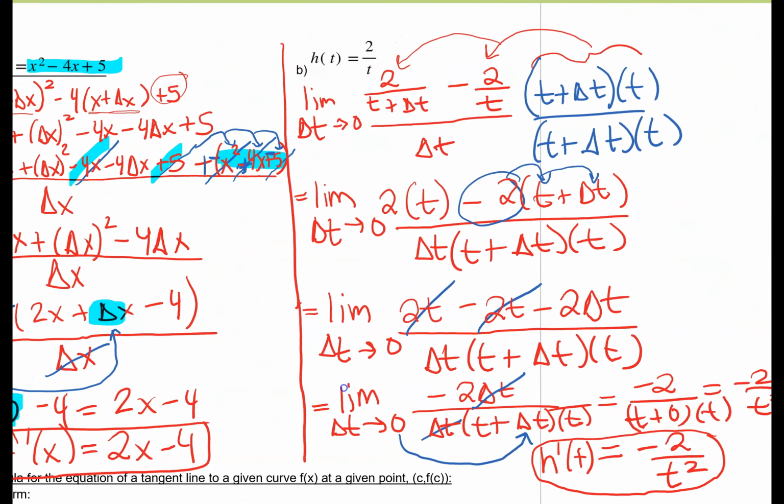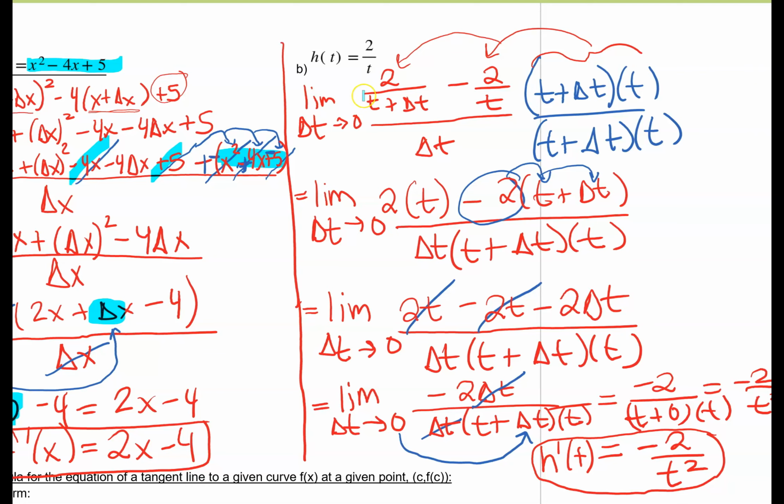For B, for h of t plus delta t, I just plugged t plus delta t into the denominator where the t normally is. But then I had to subtract h of t from h of t plus delta t. So it was one of the ones with a fraction. So I just took each of those denominators in the numerator and multiplied both numerator and denominator by them